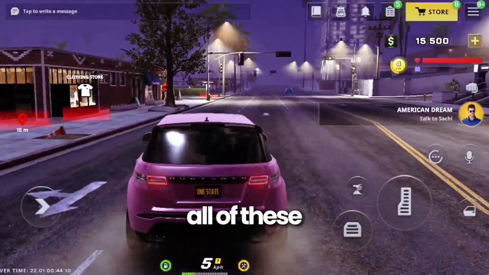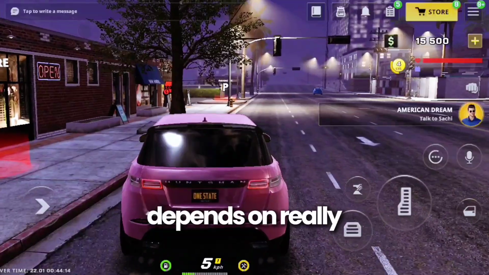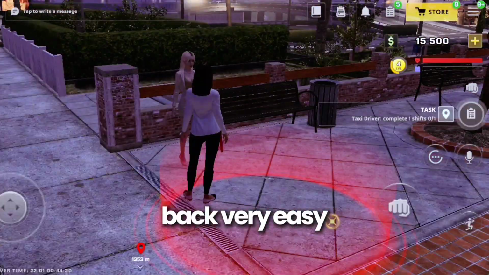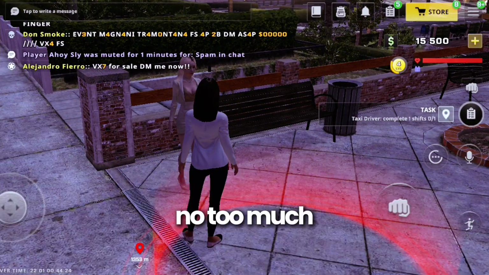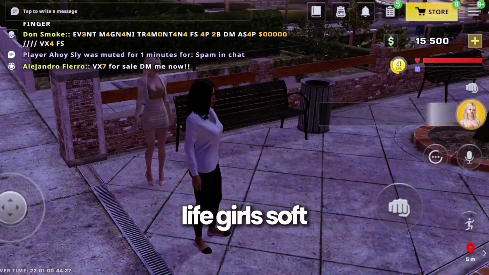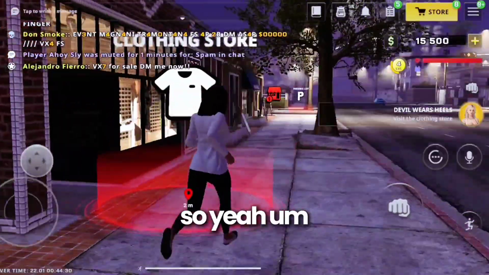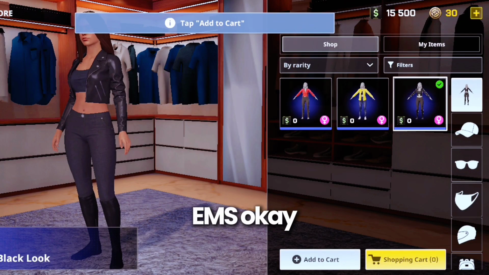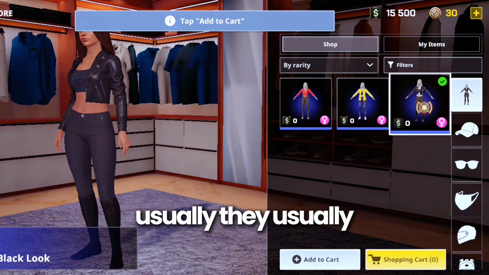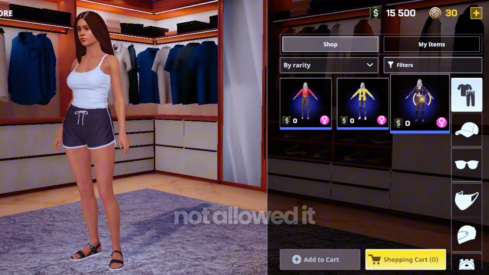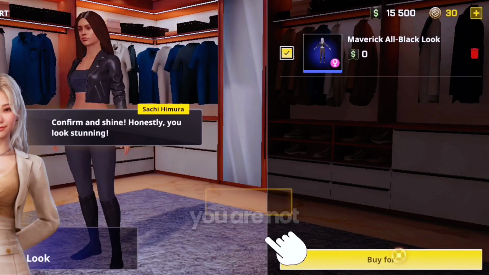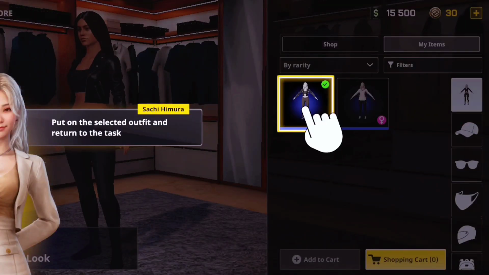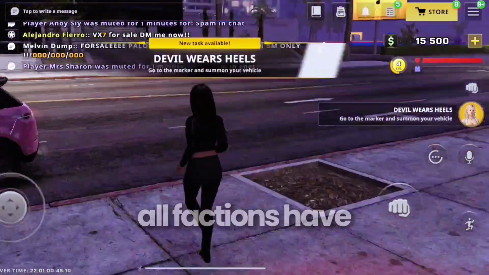Now the difference between all of these factions: all factions are great, it depends on what you want in the game. EMS is very laid back, very easy, not too much stress. EMS are for all those soft life girls, soft life boys. So yeah, if you know you want to be very stubborn, go to army and PD, don't go to EMS. EMS usually have a taser, but it is in their rules that you are not allowed to use your taser or your weapon on people, because you are there to save life, not take lives. Now army and PD, you can use your weapons,